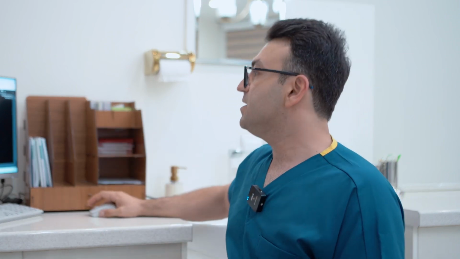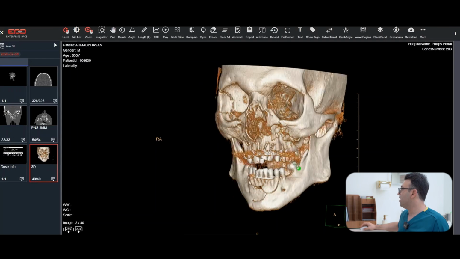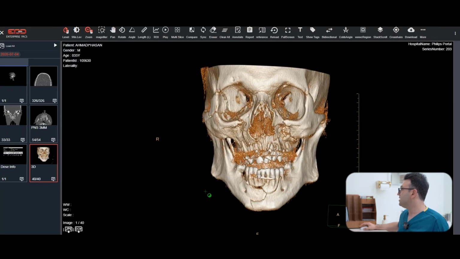But it is not as precise as the cuts of the CT scan. It means that you should evaluate the coronal, the axial and the sagittal cuts of the CT scans, and at last you can check the 3D view for the patient. I can see again the